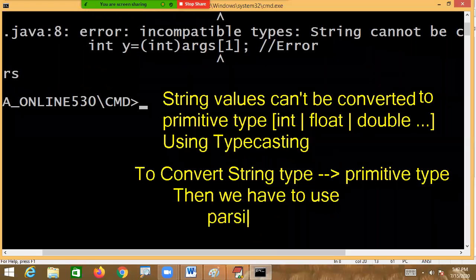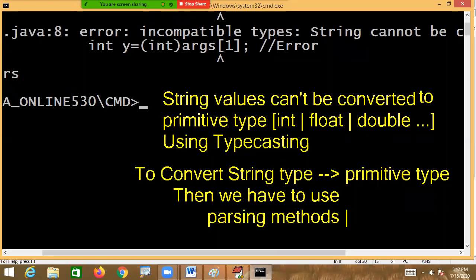This is the point you have to fix in the brain, ladies and gentlemen. String values cannot be converted to primitive type using typecasting. To convert string type values to primitive type, we have to use parsing methods.